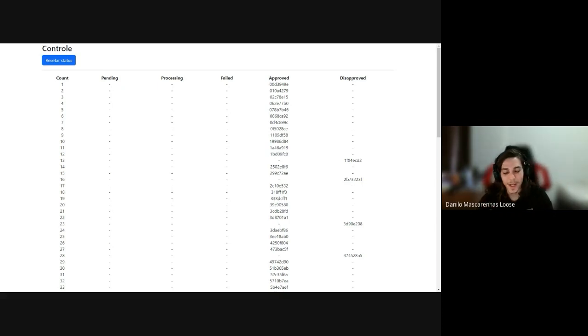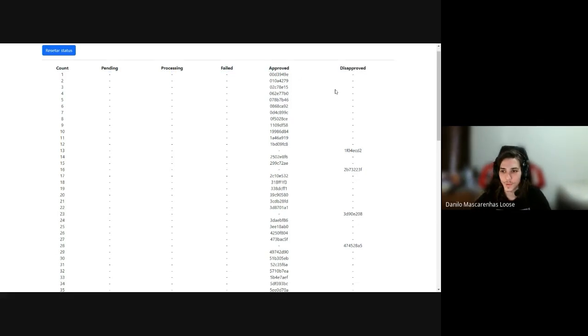But no matter how many times I process it again, it is always without that field. So we are going to reprocess it infinitely. So it's not a good option to just reprocess it manually. That's the second problem. The third problem is we have the invoices in approved, disapproved, or failed forever.